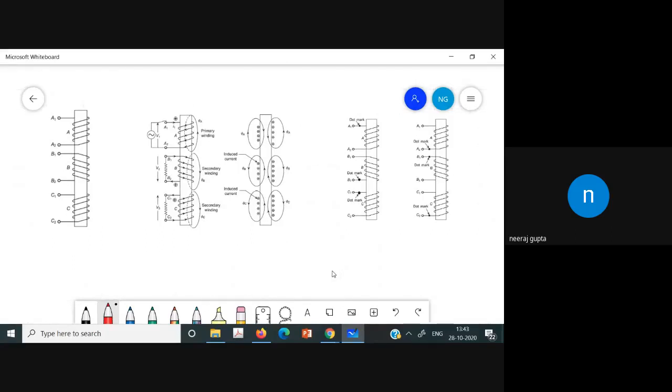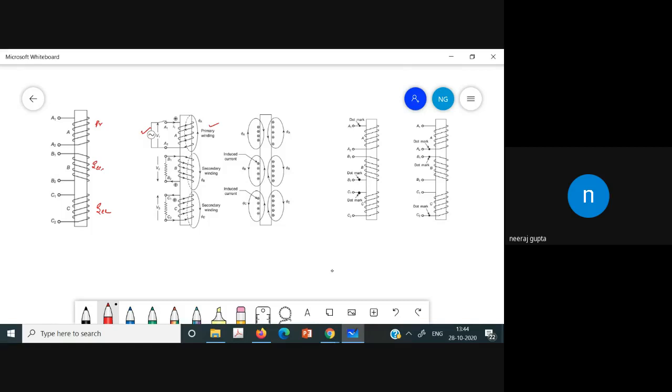As you are aware of the dot markings in the transformer also, I can only give you the basic idea of that. Let us suppose we have three mutually coupled coils. This is the primary winding, and then we have this secondary winding, and this is also a secondary winding. Suppose the supply V1 is provided to it, then the current starts flowing in this direction, and as per the thumb rule, the direction of the flux would be like this. If the direction of the current is like that, then the direction of the flux would be like that, which can be obtained by the thumb rule.